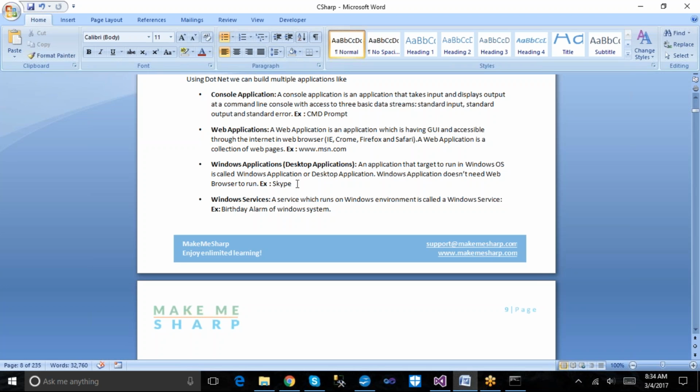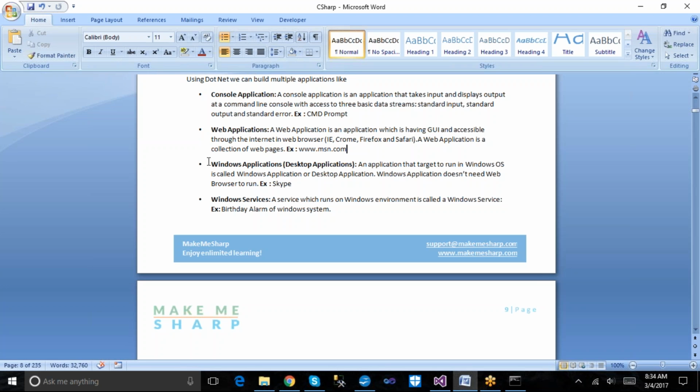In order to access or work with a Windows application or desktop application, we need no web browser, because it does not take any help from the web browser in order to work. It only targets the particular operating system and runs accordingly.